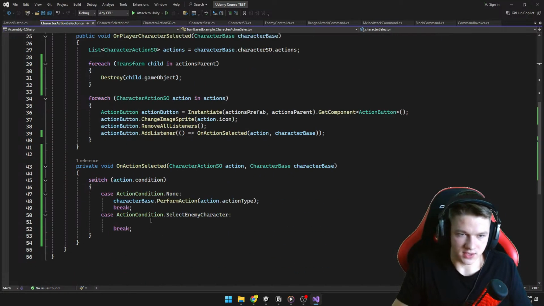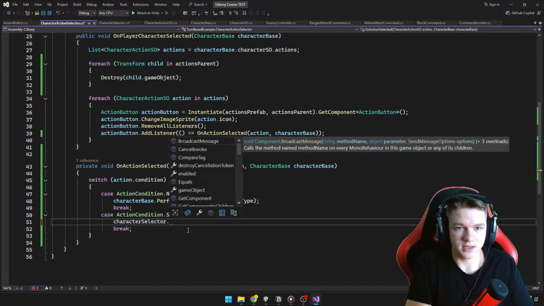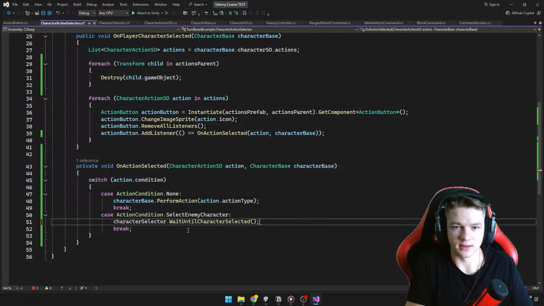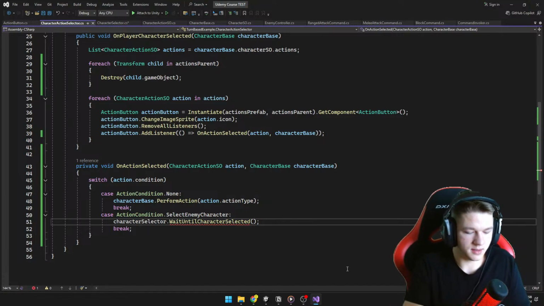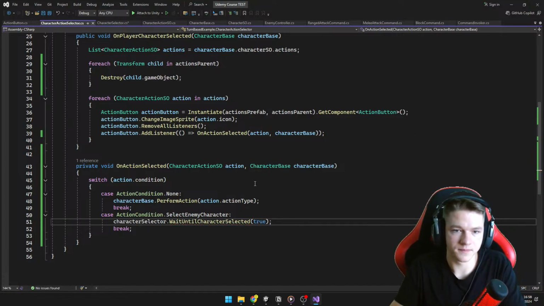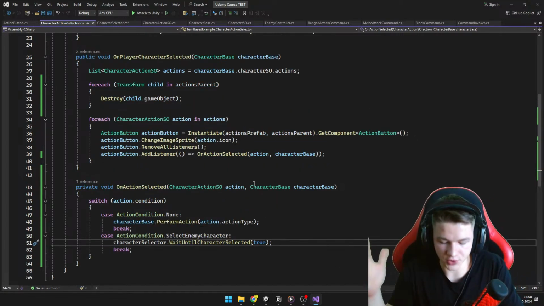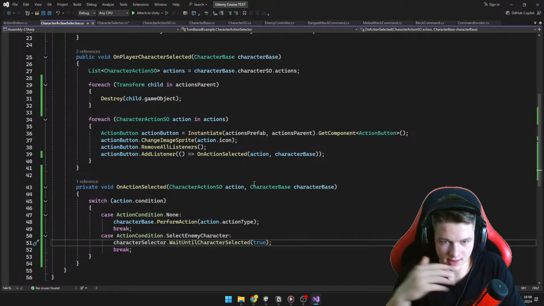Okay, we have a reference to character selector, great. So let's say wait until character selected. Is enemy true? We need an enemy. So it's going to call that function. And